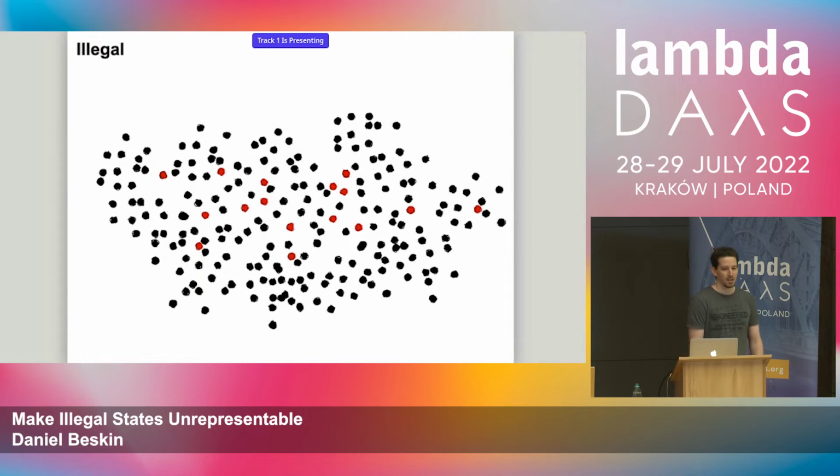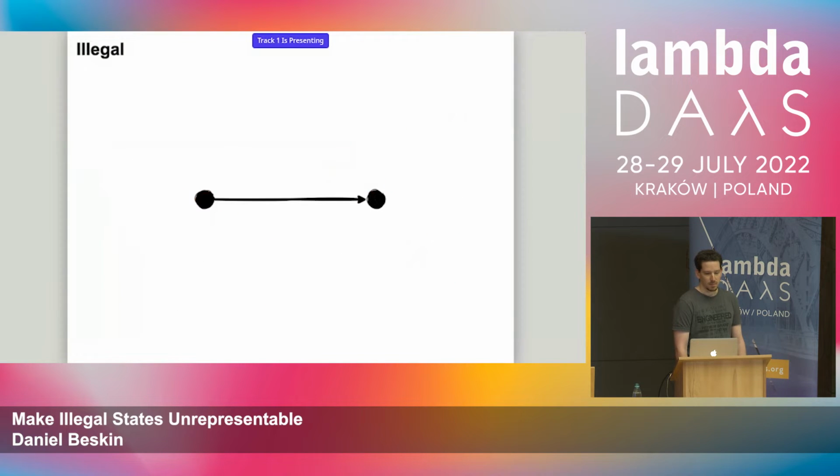The picture I'm showing here is a huge state space with a few illegal states, but usually the reality is much worse. Usually we have a lot of states that are actually illegal, and hitting them, usually by accident, is just a matter of time. You walk around your state space and accidentally stumble on something illegal, and that's quite likely to happen, just like the registered user in the previous example. Let's zoom in a bit into this diagram.